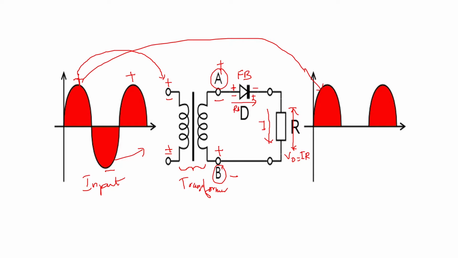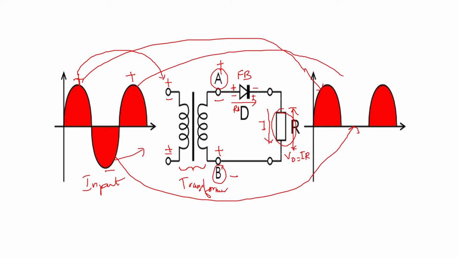There is no current flowing through it, so no voltage will be developed across the resistance. Output will be zero. That is, when the input is negative half cycle, the output is zero. Similarly, when the input is positive half cycle, again there will be a positive half cycle output. So here you can see output remains in only one direction, that is positive, and it exists only for half of the cycles, so it is called a half wave rectifier process.